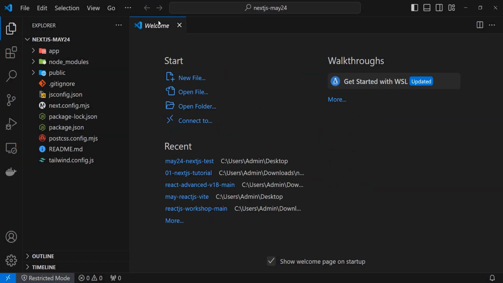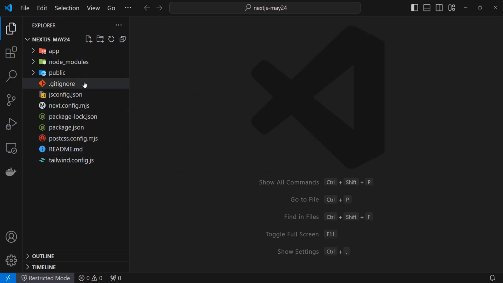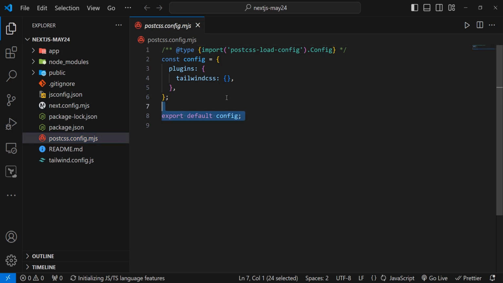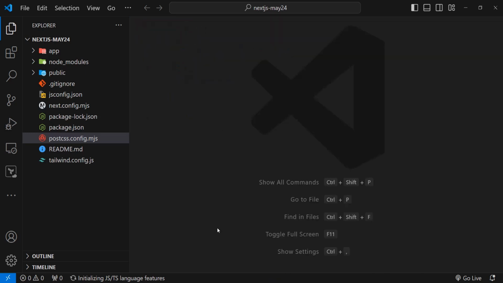Here I am, and this is my whole app. We'll keep on looking into these files and folders one by one throughout the workshop, but I feel since you're here after a React.js workshop, you're aware of most of the things. Like gitignore, you know what jsconfig.json is, you are aware what these packages are. This I will have to explain, but later on we'll discuss. This is basically an ESLint with the Tailwind CSS plugin over here. So what are the properties that we have to use? They're coming from that, and if we hadn't installed Tailwind, then we probably wouldn't have got this, because if you see, this is postcss.config.mjs,